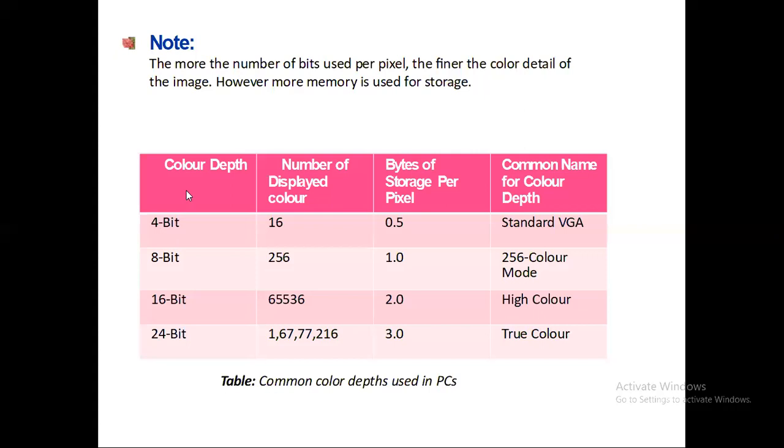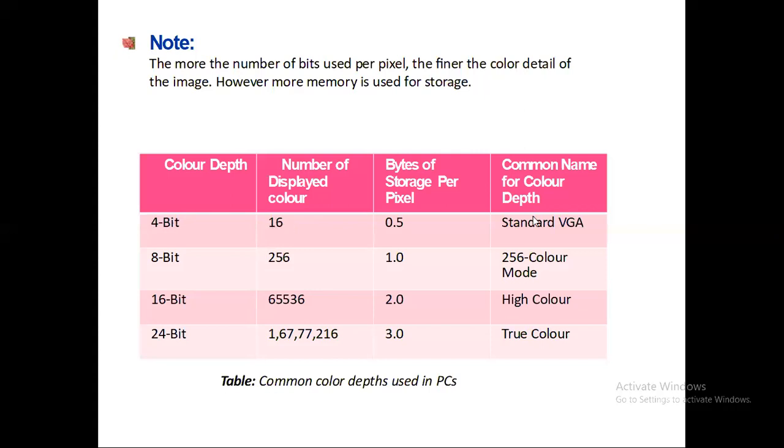This is the n bit column for color depth, and you calculate the number of displayed colors as 2 raised to n. If it is 1 bit for monochrome, 2 raised to 1 is 2, so it can show only 2 colors, black or white. Similarly, consider a 4 bit color depth. How do we calculate the number of colors? 2 raised to n, where n is 4. So 2 raised to 4 is 16. That display can have 16 colors.